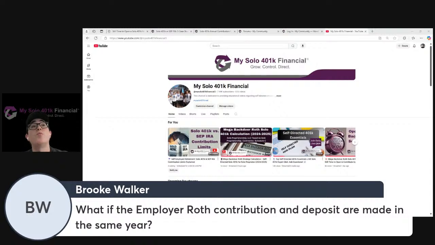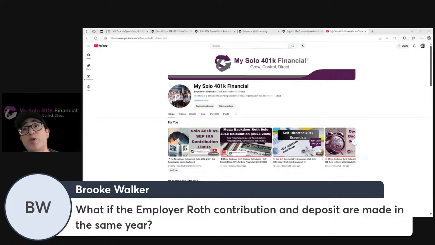Well, under the rules, the general rule is that one cannot transfer money out of a solo 401k, even if it's going to another retirement account, until they're age 59 and a half or older. But a big exception to that general rule are voluntary after-tax funds. So as long as the individual has a plan like ours that allows for those in-plan or in-service transfers of voluntary after-tax funds out of the solo 401k, they could make that voluntary after-tax contribution and then transfer the funds out to a Roth IRA.